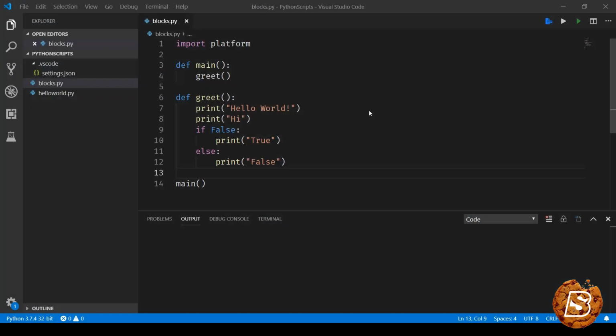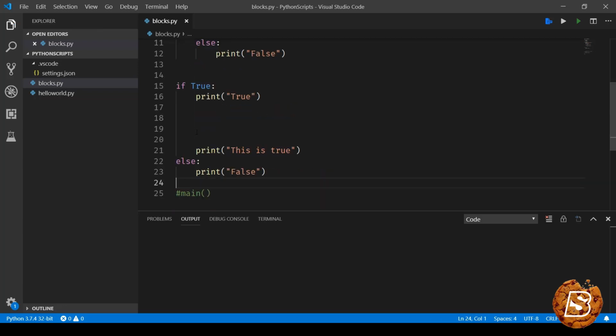In this lecture, we'll be exploring blocks and scope of variables. So here we saw what exactly a block is whenever it's a function. But what we are going to do over here is create a new block altogether. So here I'll say this is the block that we have, and you'll notice that if the condition is true,